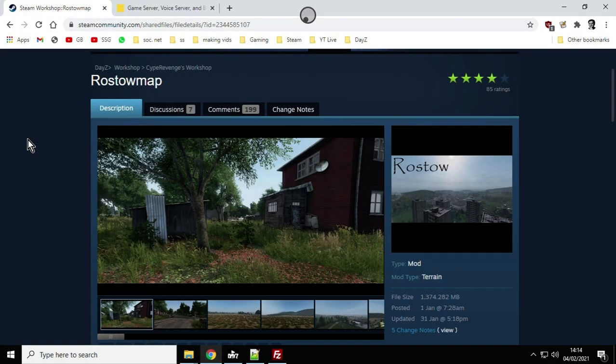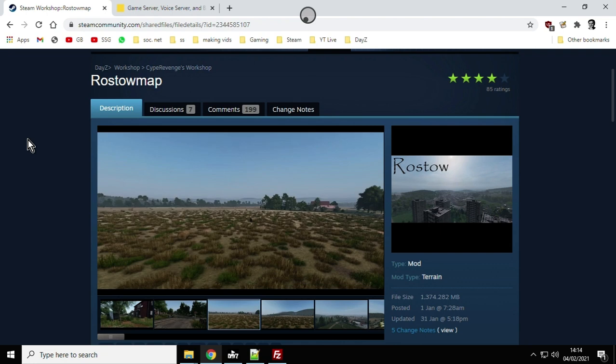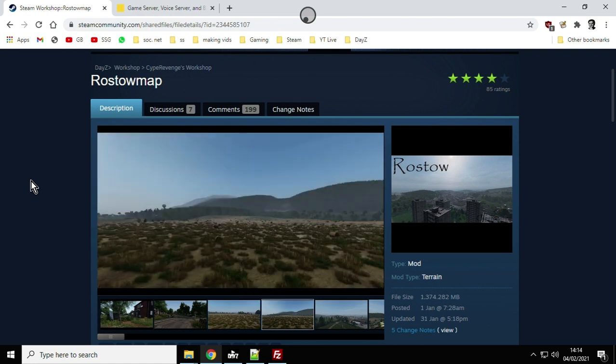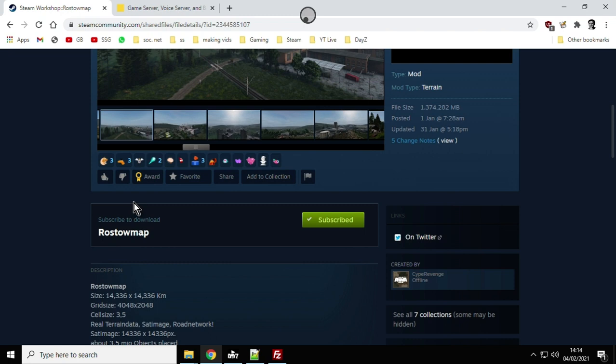Hi everybody, so in this video I'm going to be showing you how you can install the Rostowmap in your DayZ community custom private server. A fascinating project that feels a little bit like Chernarus, but there's lots of interesting places to explore and interesting assets to look at. So as with all of these things, you start off by going to the Steam workshop,